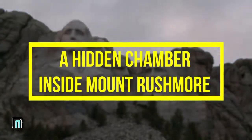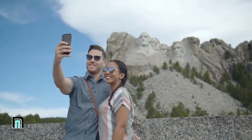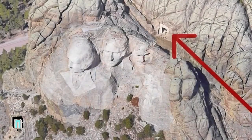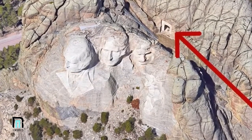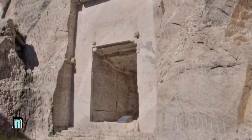Number 6. A hidden chamber inside Mount Rushmore. When most people visit South Dakota's iconic Mount Rushmore, they look straight on at the gigantic carved busts of some of America's former presidents. But hidden behind Lincoln's head sits a little-known vault meant to keep America's most important documents safe. Sculptor Gutzon Borglum's original plan had been to create a time capsule inside of Mount